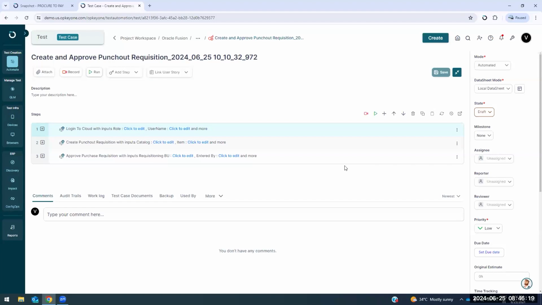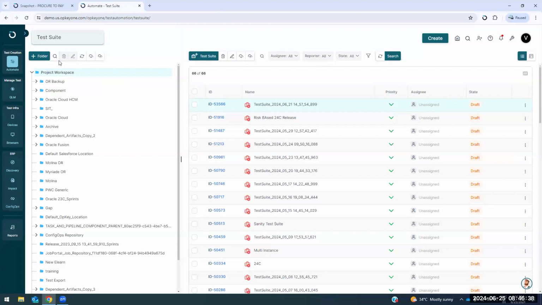Using this technique, we are able to create the entire test suite and then add them here under the test suite option. Let's say we started with developing a finance test suite, a supply chain test suite, an HCM test suite. All that goes back to the test suite tab where we have these test suites created. Now, relating this to impact analysis and quarterly patch upgrades, how are we able to maintain all these test cases? Once all the automation is done, all these are created in a suite-based manner so that you can execute them on multiple machines in parallel.